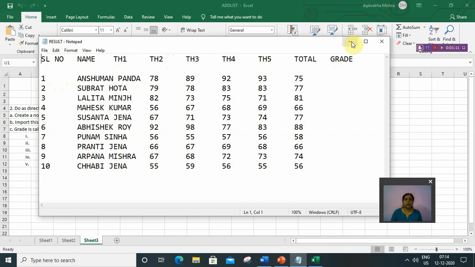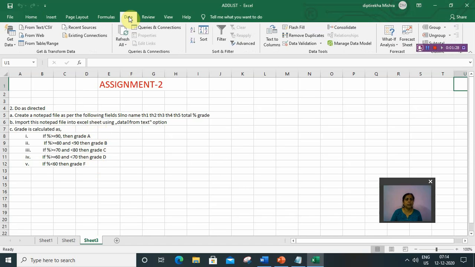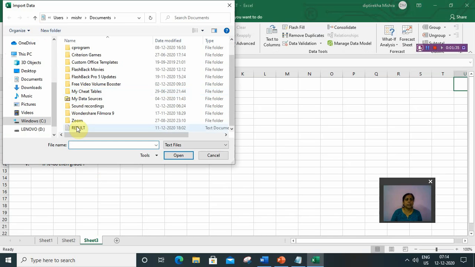After that, the second question is to import this notepad file into the Excel sheet. It means we have to import the notepad data into the Excel sheet. So to import the data, click on the data tab, then From Text, and from there you have to select your file. I am selecting my file named result. Then click on import,